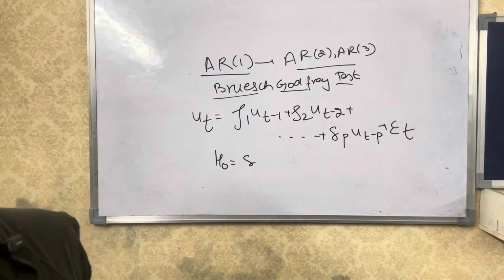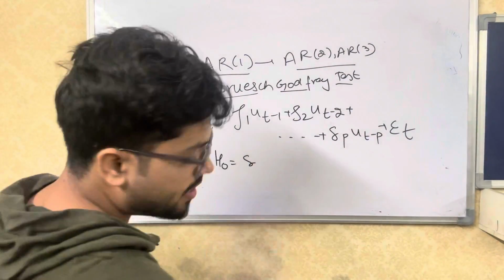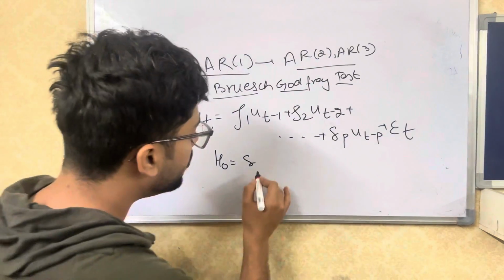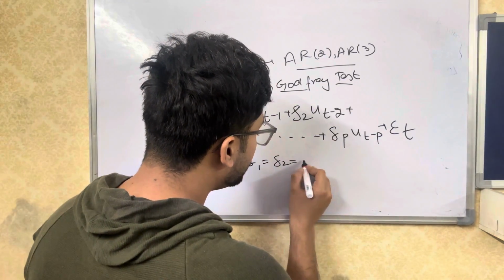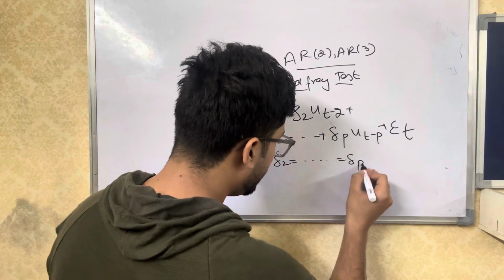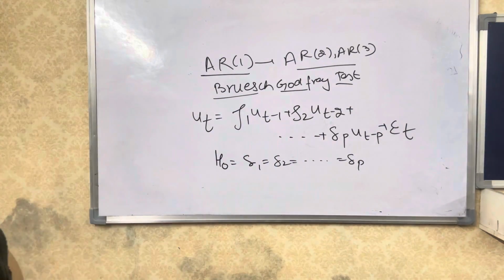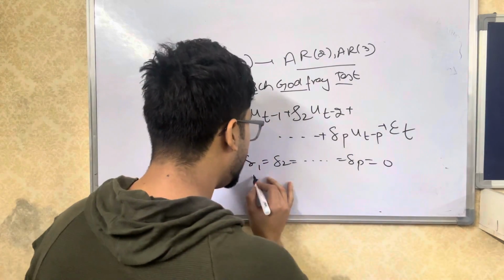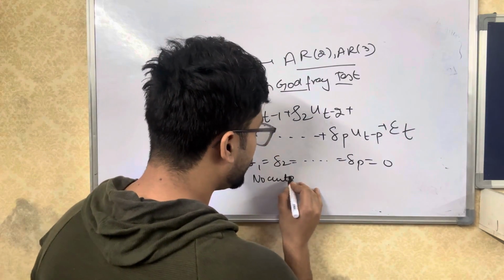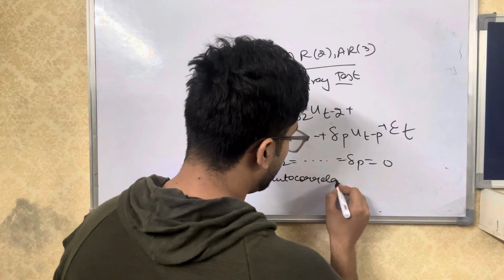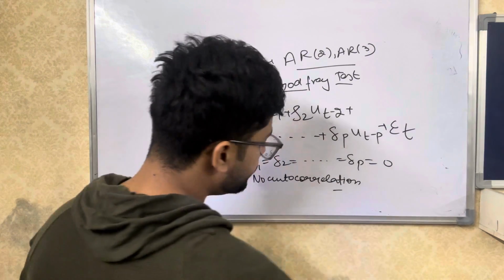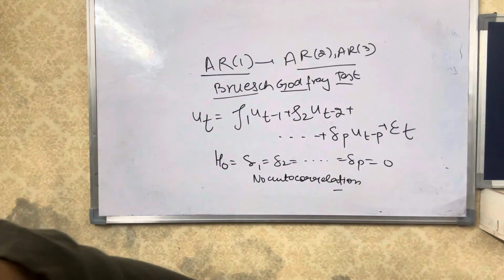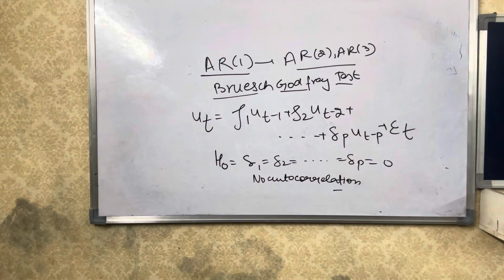तो जो हमारे पास में एजम्पशन है वो क्या है कि ρ1 इक्वल्स टू ρ2 इज इक्वल टू अप टू ρp, ओके, दैट इज कि यहाँ पे ये सब इक्वल टू 0 है एंड देर इज नो ऑटो कोरिलेशन, कोई भी ऑटो कोरिलेशन की प्रॉब्लम प्रेजेंट नहीं है।